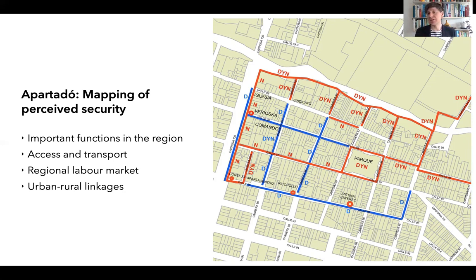But the blue shows the safe streets, and the red shows the streets where people are saying that it's insecure. And I think this spatial information is important because you could say the city center is so unsafe, thinking that all of the city center is unsafe. But the spatial differentiation of saying that, no, it's the street next to the river, it's the street next to the bridge. I know that they are selling drugs there, for example. That is the unsafe part. But the main shopping streets, the blue streets, they are actually safe. So the whole area is not unsafe, and you can make a differentiation through a spatial analysis.